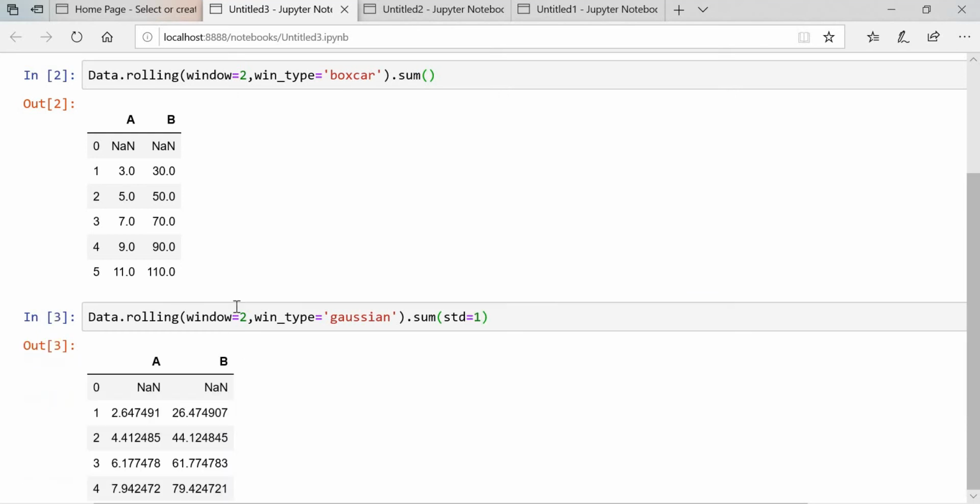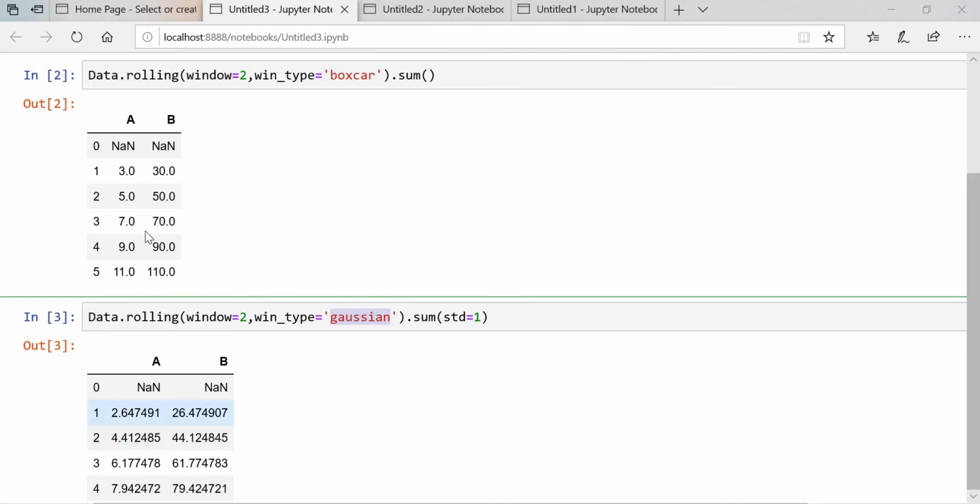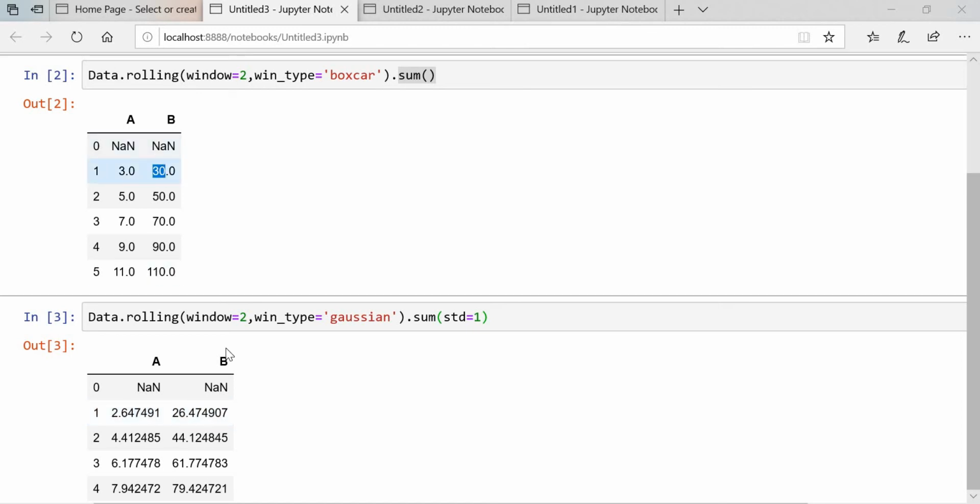If you execute, you can see that in this code we put the win type boxcar, and here we put Gaussian. We did the sum in both, but one more parameter we need to put, that is standard deviation. Here we are getting sum 26.47, and here we are getting 30. So you can see the difference between the two win types, boxcar and Gaussian.